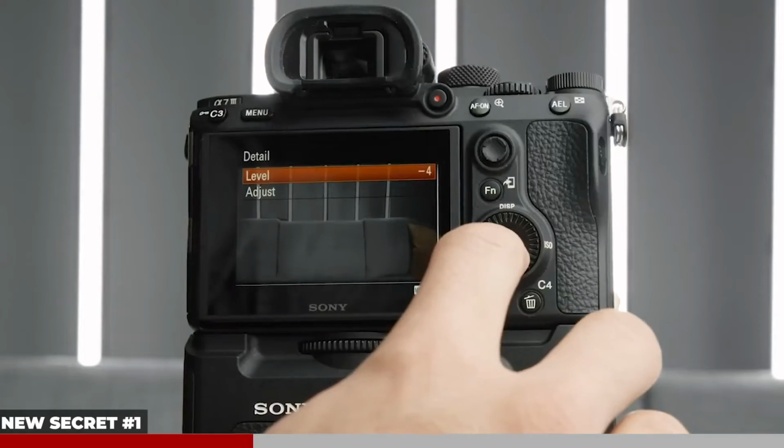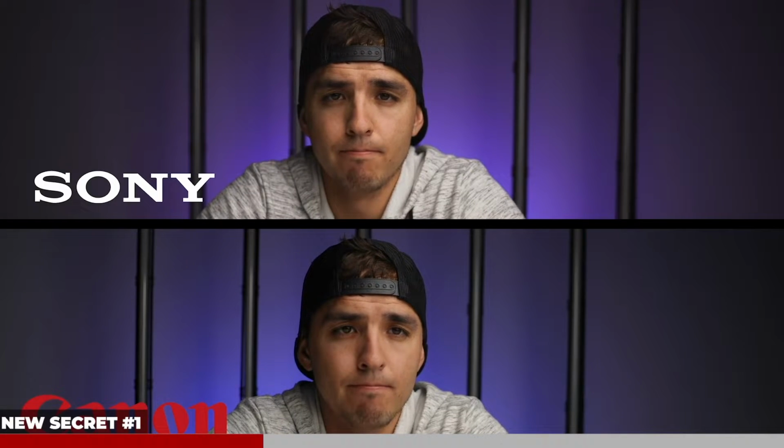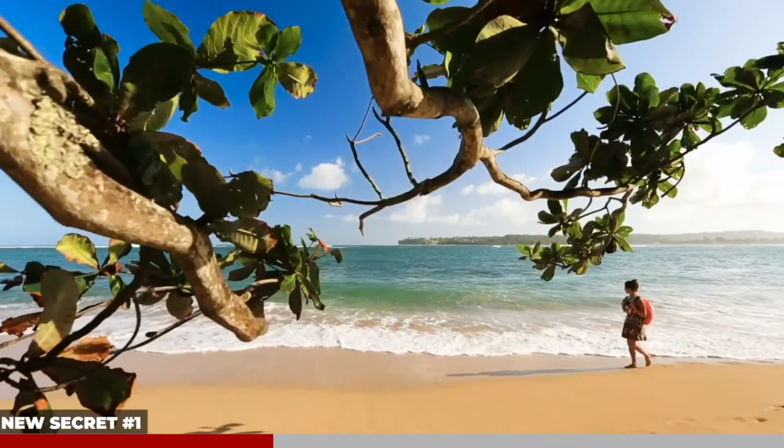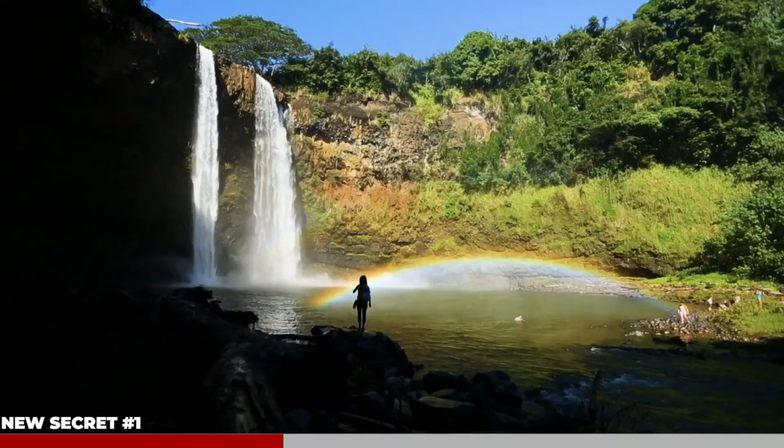And we've actually built a custom Sony picture profile that matches this Canon color profile, but it's a bit more complex to set up. Again, full video on all these different profiles in the course. But that's the profile I use most because it requires very little time in post, so I can turn my videos around really quick,